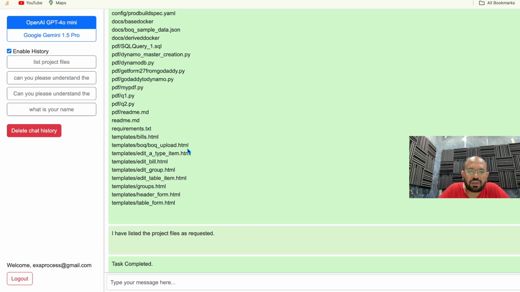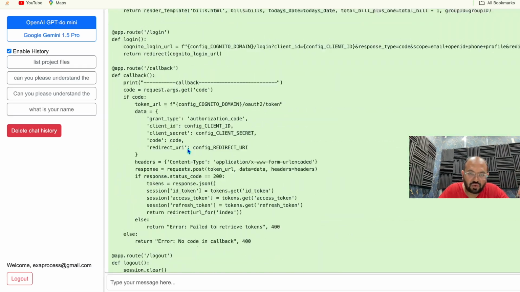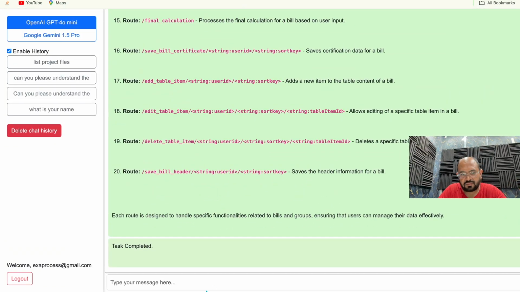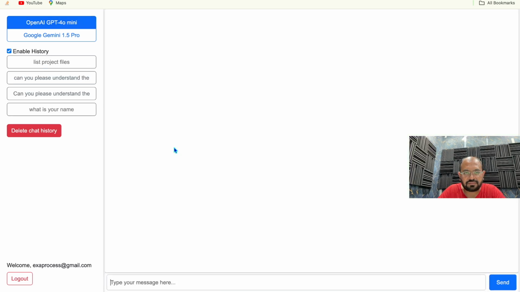We are going to see one important thing here, which is the understanding level of the agent. So let's see over here. Let's start a new chat so it doesn't get cluttered. Yeah, show boq_app.py.